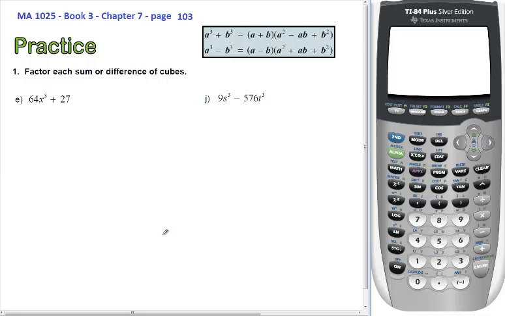Hello students, today we're going to look at a couple more solutions to some of your practice exercises. These are found on page 103 in chapter 7 of book 3 of your MA1025 booklets, and it deals with factoring the sum and difference of cubes. As you see in the box in the right hand corner, I have already written the pattern